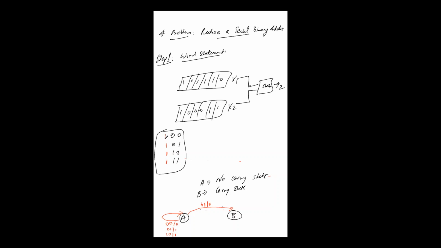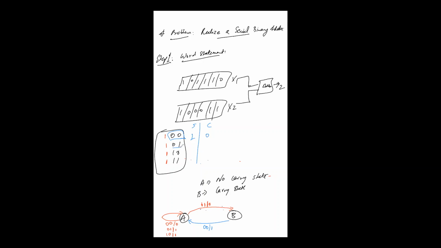So check the first condition. When both the inputs are 0, 0, you are having a carry. 1 plus 0, 0, what sum will you be having? Sum as 1 and carry as 0, right? If you are having an input 0, 0, if you add this, sum will be 1 and carry will be 0, right? Carry 0 means it is transiting its state from B to A. So for input 0, 0, output is 1, and it is going to state A again.